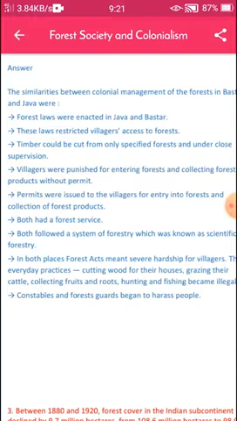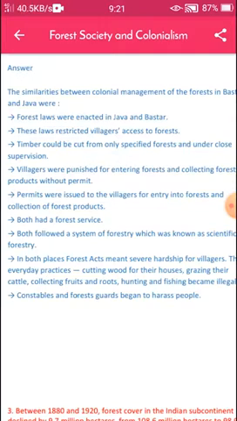Sixth point, both had a forest service. Both followed a system of forestry which was known as scientific forestry.